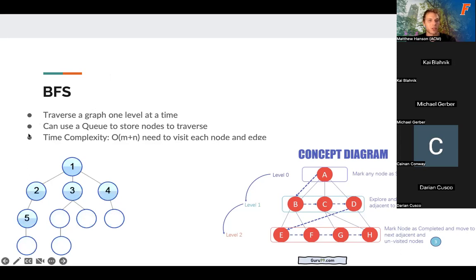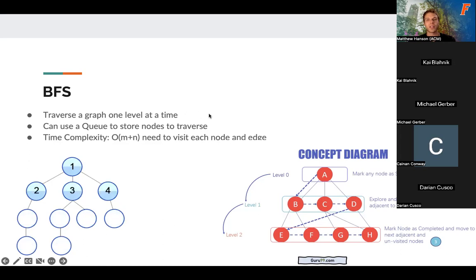So yeah, in the example, it goes 1, 2, 3, 4, going down this kind of tree-like structure. And then you start from the root or the source, whatever you're given in the problem. You could also just start from like 0, 0 or something. You could pick your own starting point, and then you explore all